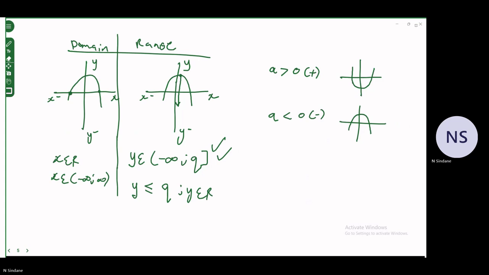Let's come to hyperbolas. Hyperbolas, they are also easy. Let's move to the next page. Formula for a hyperbola: y equals a over x minus p, plus q, right? And then from there, now when the value of a is positive, your graph will be like this. Let's draw it here. Your graph will be like this. It will be in the first quadrant and the third quadrant. That is where your graph will be lying,